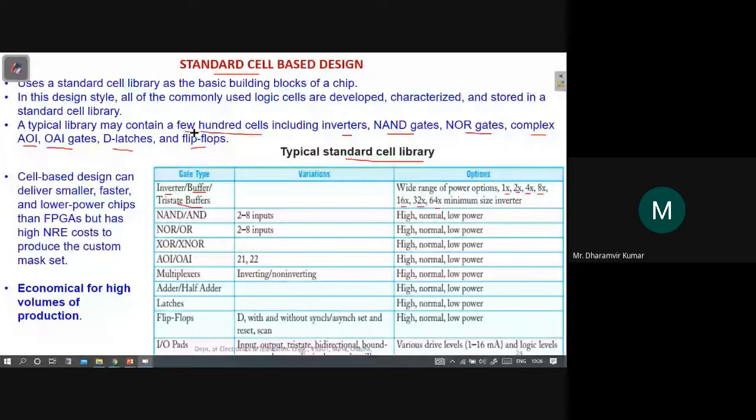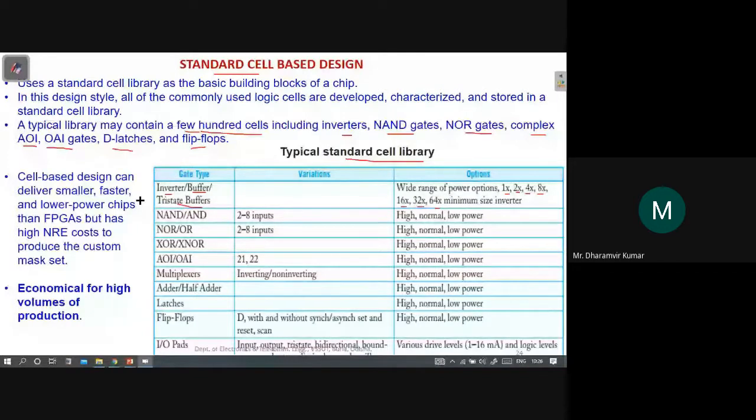So you have a wide variety of different kinds of cells in a library, and you pick up the desired component and you place it, and you again pick up another component, you place it on the area, you connect those different cells to complete your design. Okay,